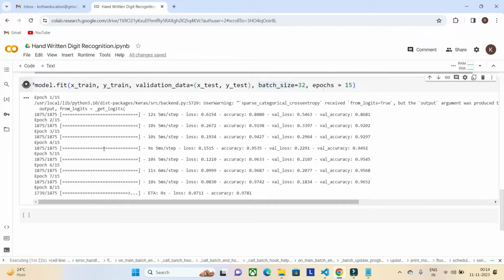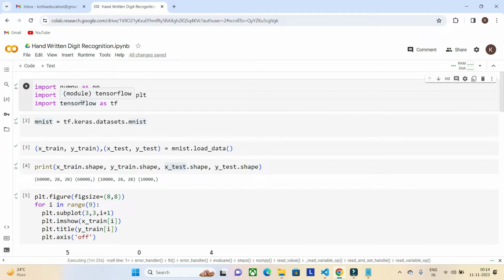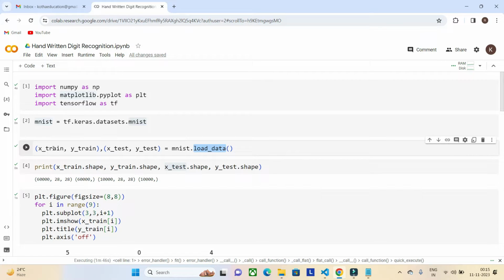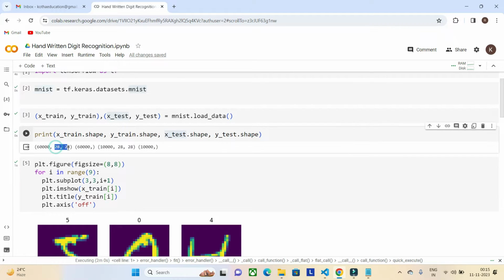Okay, so let's take a look at the code one more time, what we have built so far. Here we have imported the basic libraries which are required for us. One is NumPy and Matplotlib pyplot for printing the images from the dataset, and here we have used TensorFlow. Here we have taken the MNIST dataset, created an object, and from that we have loaded the data. The advantage of TensorFlow is it is already splitting the data into training dataset versus test dataset. The training dataset has 60,000 images, and the test dataset has only 10,000 images, and each image is 28 by 28 pixels.